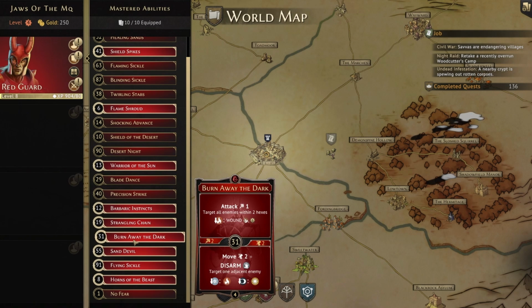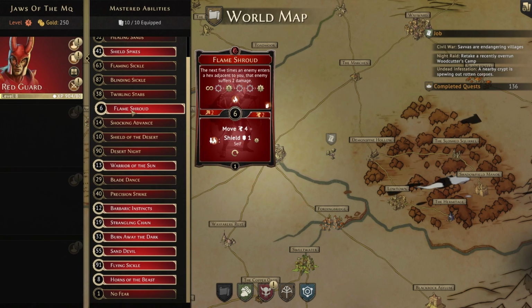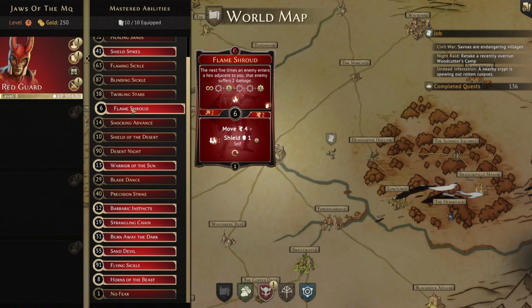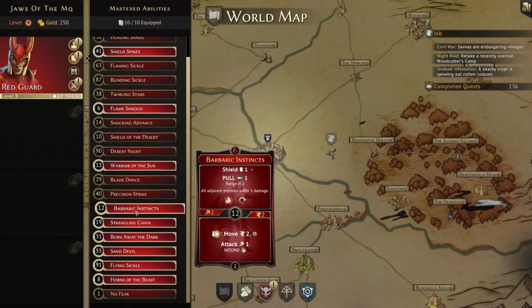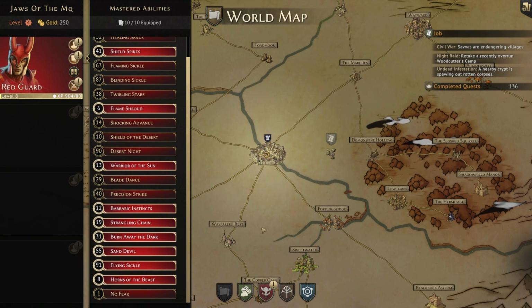We've got Burn Away the Dark top here, which is maybe something we would consider doing at some point. Strangling Chain top here. We've got Flame Shroud bottom here. We've got a lot of things. I mean, we're probably only going to pick 1 or 2 of these to do over a round of play, right? But we're still quite hungry for elements, and although the perks will help a little bit with this, I think there's definitely some things we can do of flipping them, but I just feel like Sand